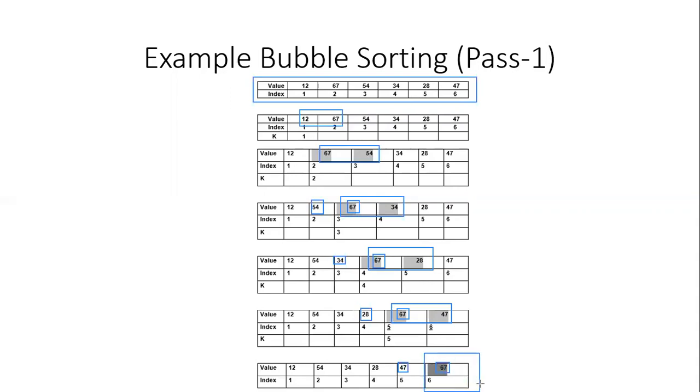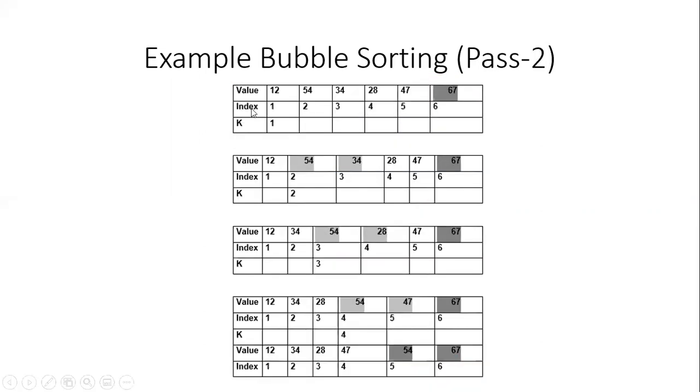Now you can see that even though the complete list has not been sorted, after step 1, 67 has been placed at its correct position because it is the largest element in the list. Now this is the sorted list. This single element list is the sorted list, and the unsorted list has been reduced by one element. So now we are going to only sort the first 5 elements. So let's move to step number 2 and see how we are going to achieve that.